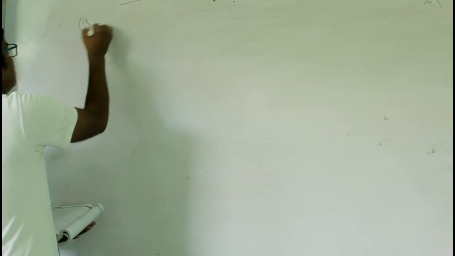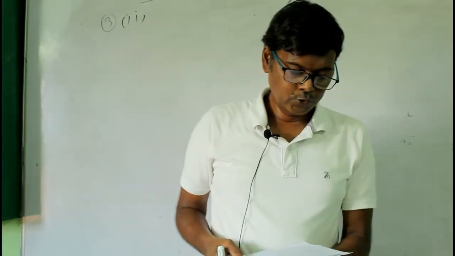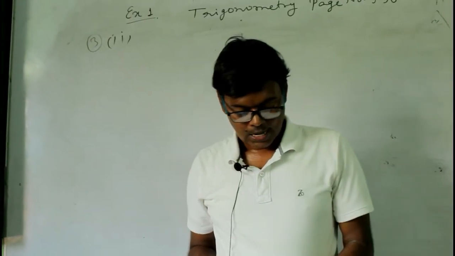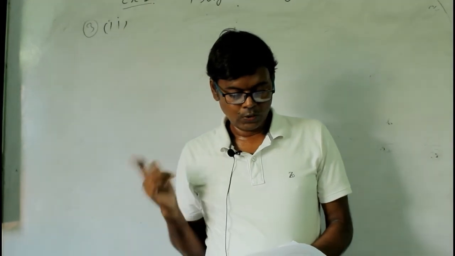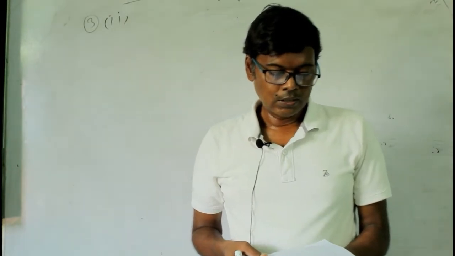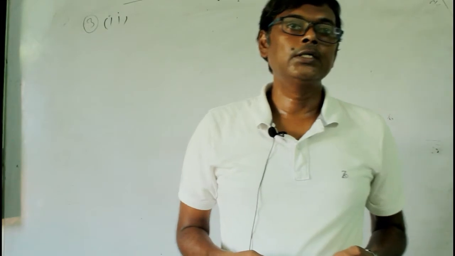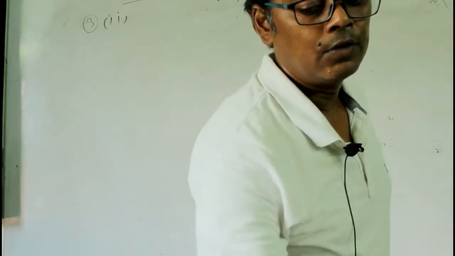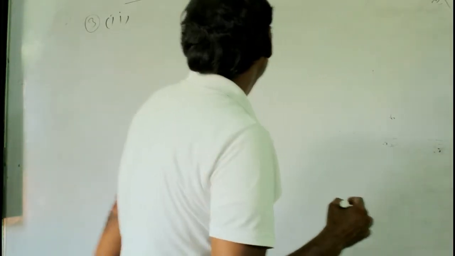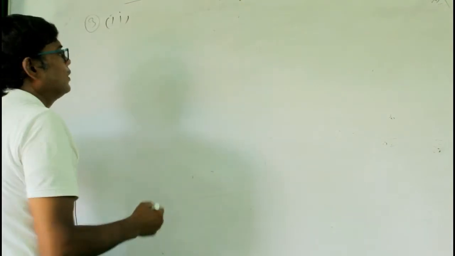Question number 2. In this question, the sum of two angles is equal to 152 degree, and if the number of degrees in one is equal to the number of grades in the other, find the circular measure of the angles. So here you have to find the circular measure, means that you have to find the values of those two angles in the radians. And here there are two angles. Suppose now here you are given that the sum of two angles